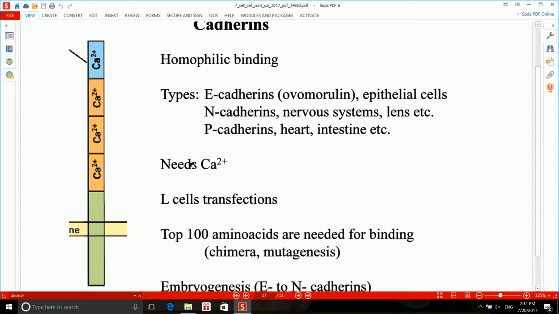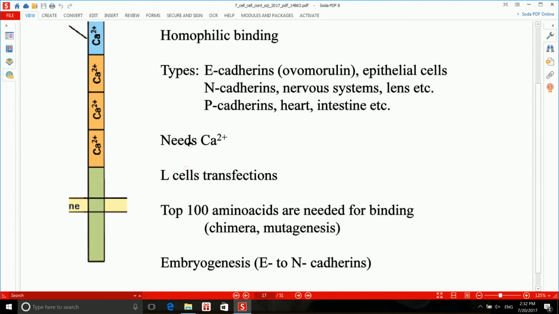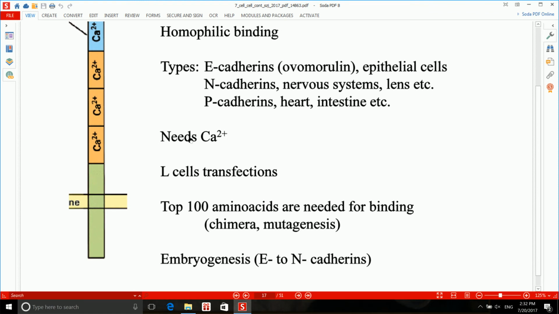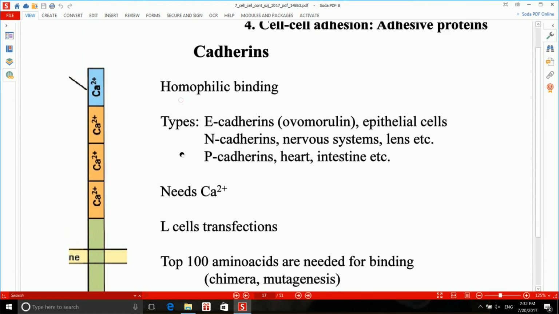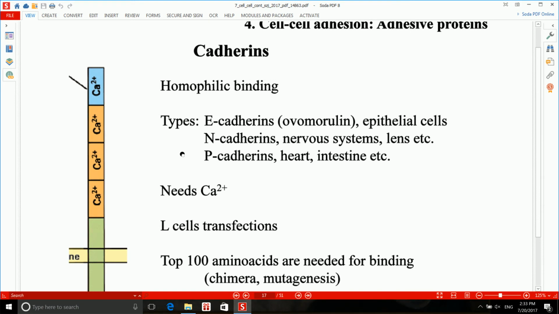And as we said, the cadherin proteins, in order to work, need calcium. Another thing you need to know about cadherins is that they facilitate cell-cell contact in a specific manner. Now, you're going to read about most of the material in this lecture also in histology. And in histology, your teacher will probably say that cadherins are very important in cell-cell junctions